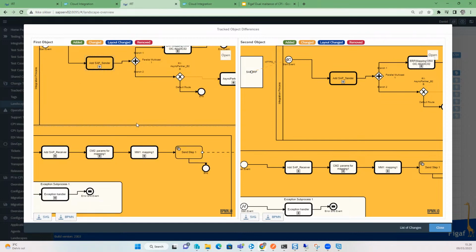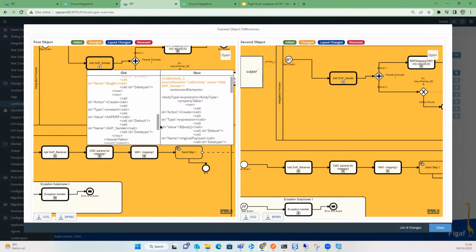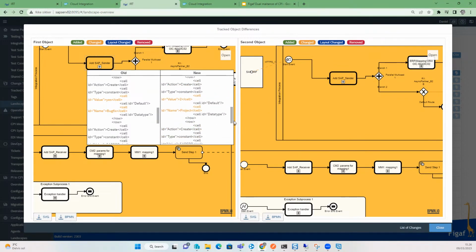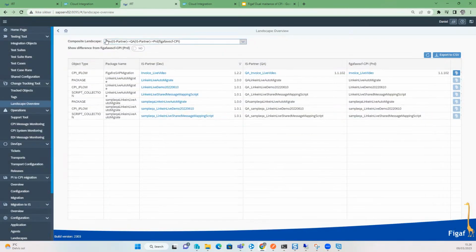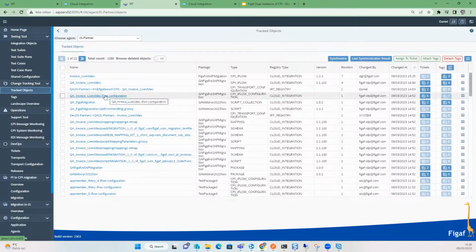And we can see that there's some difference in here. Actually, I think, so we can see the difference here. I think the problem is we are migrating it to the old Cloud Foundry and not the Integration Suite, so that could be a problem here. Anyway, we have now started our project, and as a project developer, I can go in and say, okay,